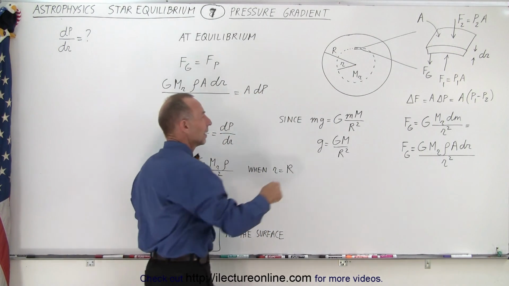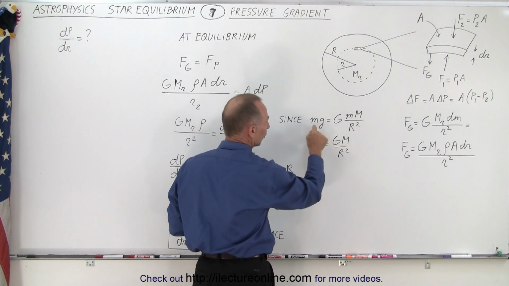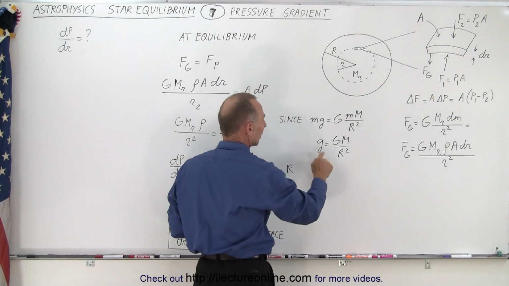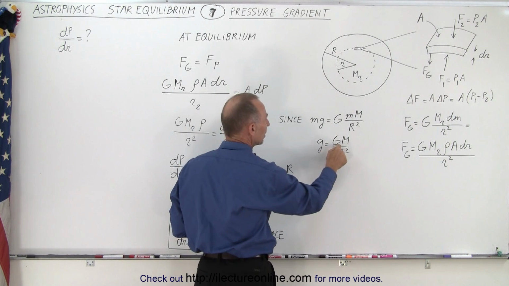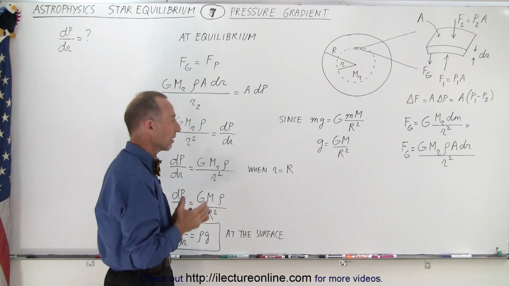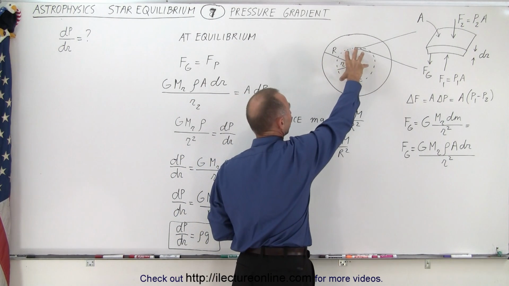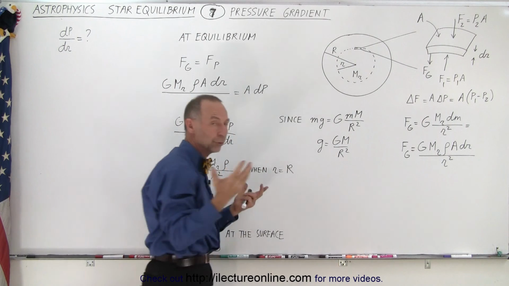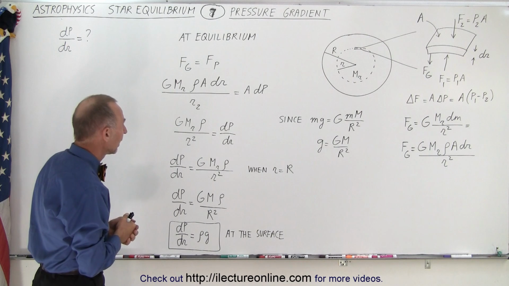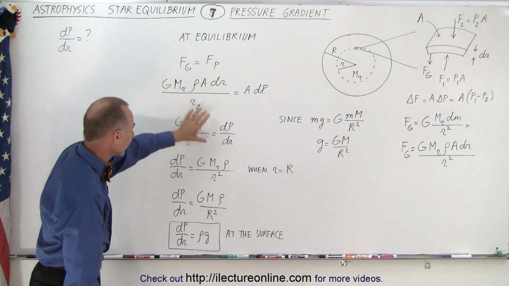Since we know that F equals ma, essentially force equals mass times acceleration, in this case that's the gravitational force. This is mass times acceleration due to gravity. Notice then that m can cancel out, and g, the acceleration due to gravity, equals G times M divided by r squared at the surface, M being the entire mass of the star. We can also calculate g further in, only taking the mass of the star inside that region, but this is what we do to find the acceleration due to gravity on the surface of an object, such as a star. And so once we have dP/dr, which is what we call the pressure gradient, defined like this,